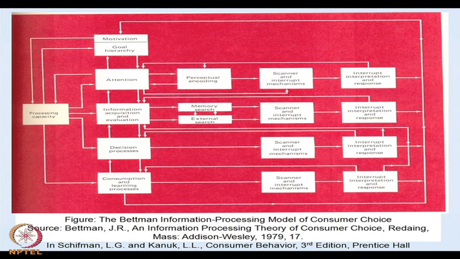Then we come to the next component of the model, which is information acquisition and evaluation. Now, the consumer here decides on the kind of information as well as the quantum of information which will be required to make a choice decision. If he has the necessary information, he goes ahead with the next stage. In case he does not, he will look for external sources. Again, as I said earlier, the switch on and switch off mechanism will work, and the scanner and interrupt mechanisms come into play. After acquiring information, he will evaluate the information for utility and sufficiency,